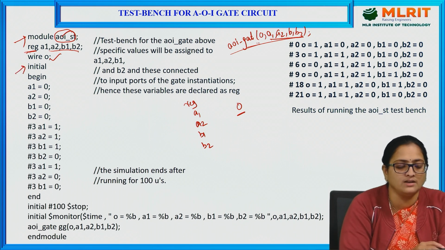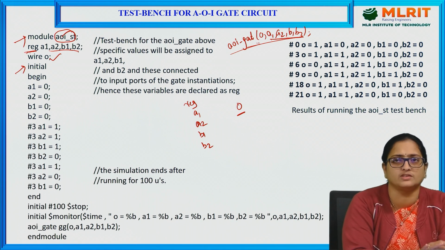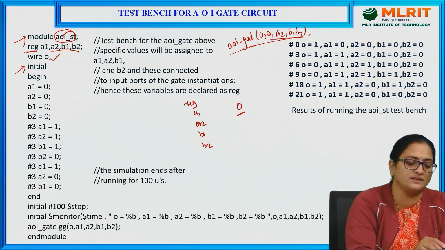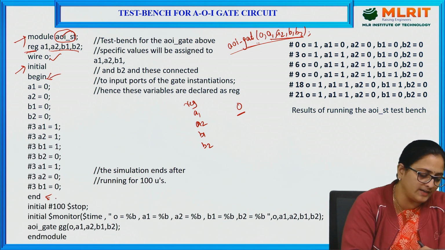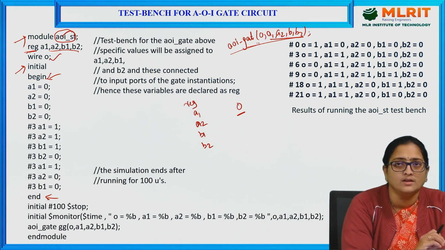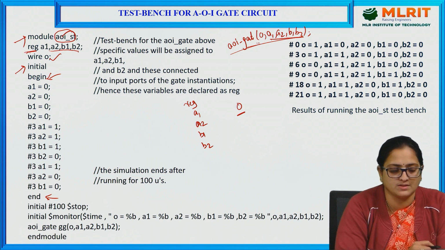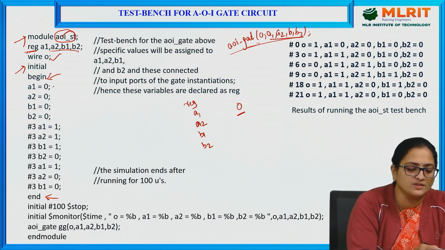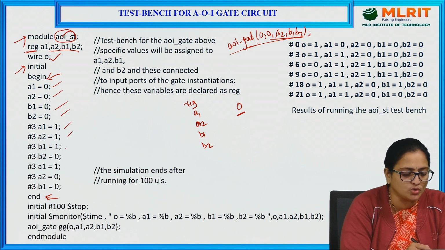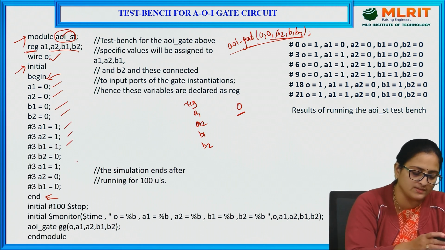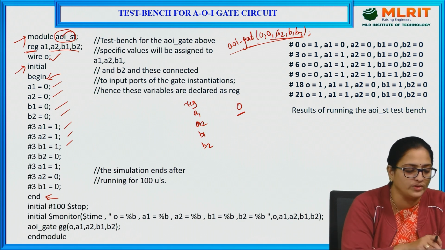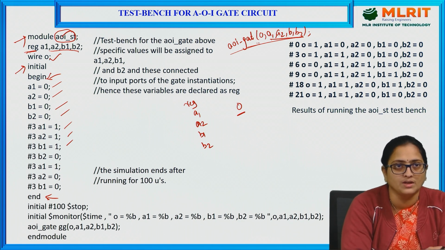So here the actual initiation has started. That is, actual values are given from the statement initial. Here I want to use multiple statements. That is the reason why I am using these begin and end statements. In between the begin and end statements, I am giving a group of values to the variables. So I have given A1 0, A2 0, B1 0, B2 0. Again I gave A1, A2, B1, B2. Some data has been inserted to A1, A2 with some delays also later.